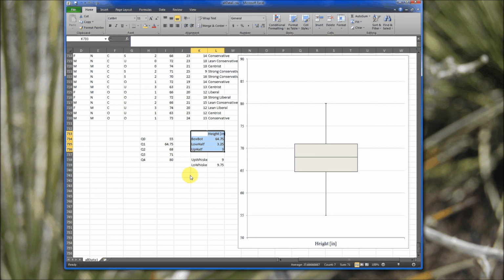It's complex, it's messy. That's why most people don't do box plots in Excel. But box plots are very, very useful in comparing variables or comparing subsets of a given variable. You will have to do one of these for me, so you'll want to